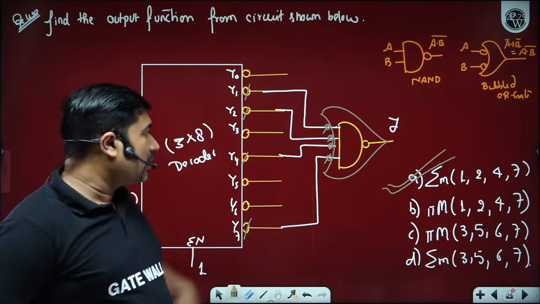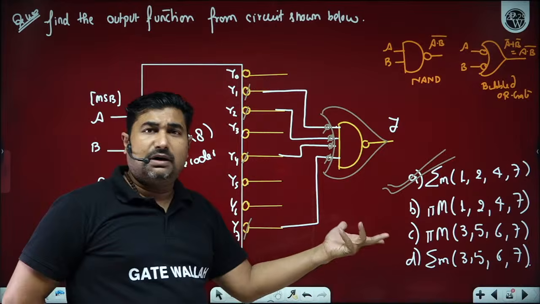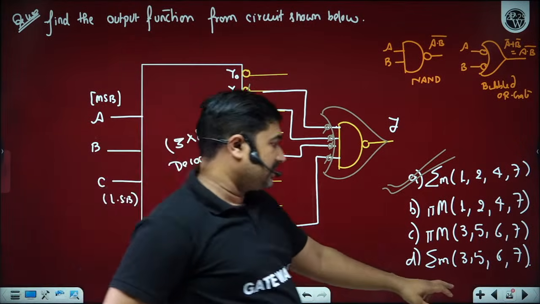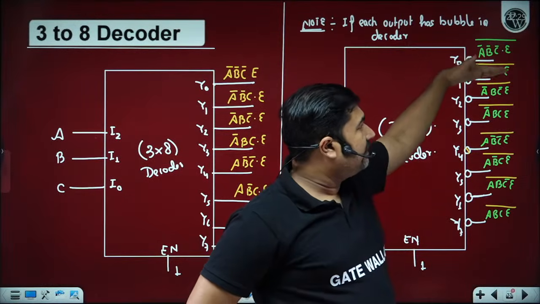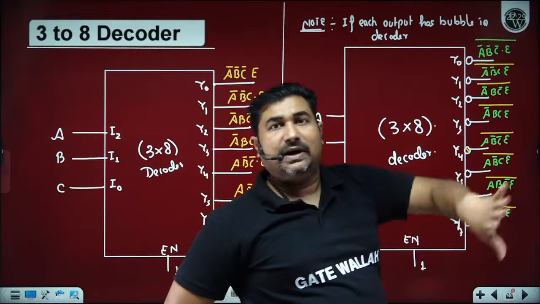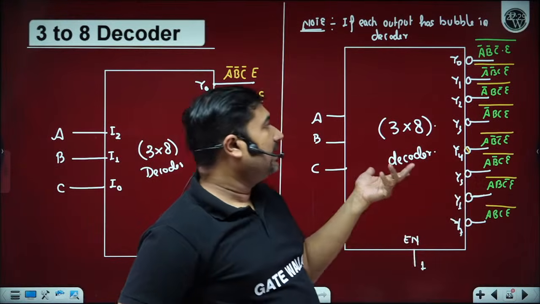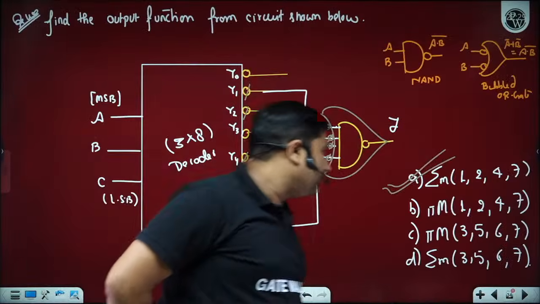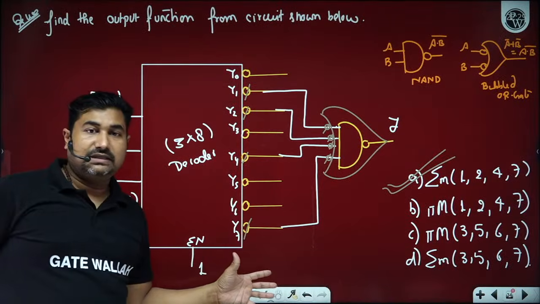So whenever you are observing a NAND, it is similar to a bubbled OR, and when you are observing a bubble twice of this. If this is the data, we are getting A bar, B bar, C enable whole bar, and it is again passed through the OR gate. We are just getting A bar, B bar, C enable only. So we are getting 1, 2, 4, 7. How many of you able to understand, beta ji?